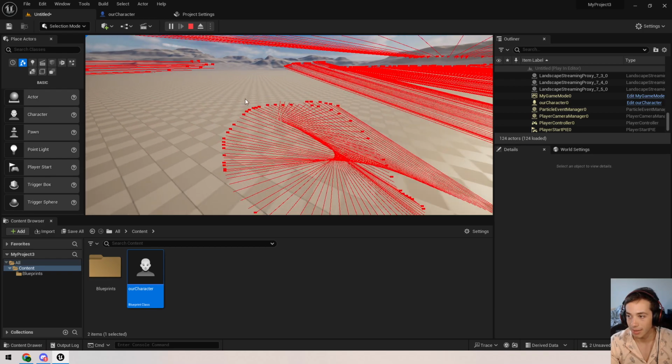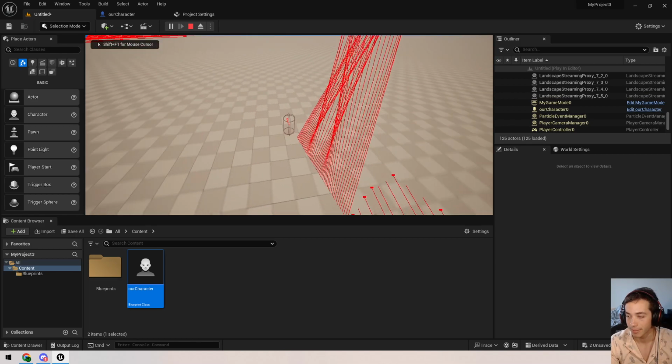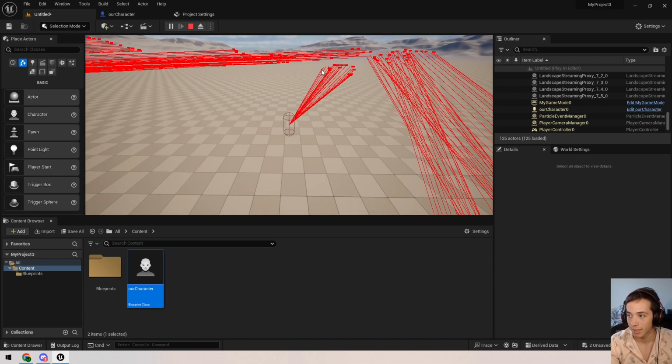What are you guys thinking? Any thoughts, any concerns now that we can shoot with our character here? Can do a scroll wheel to make him zoom in. I'm going to try to